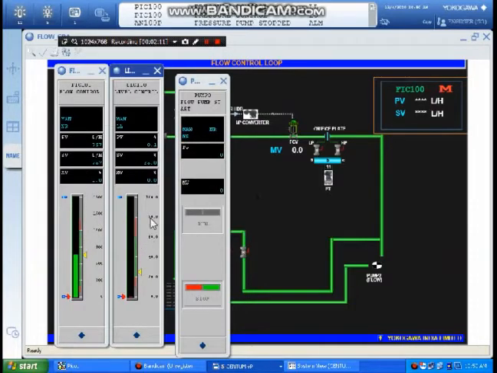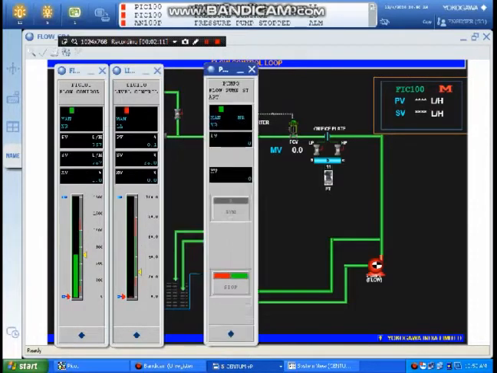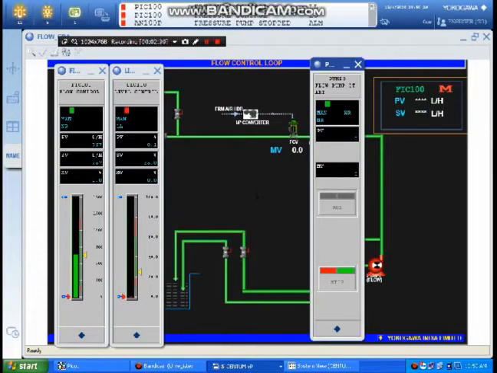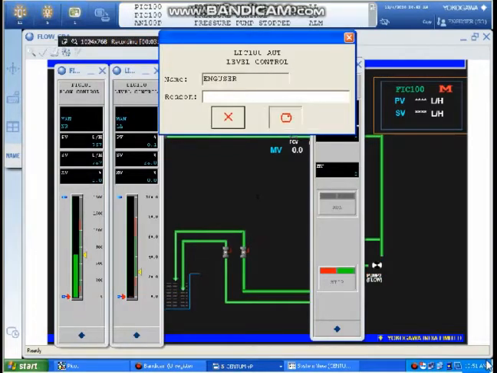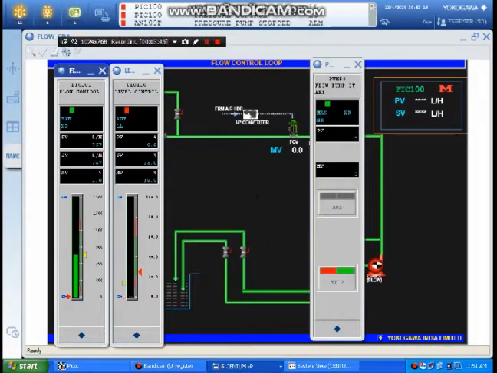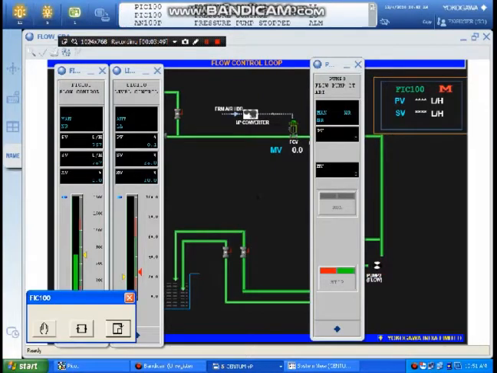The primary loop we will be putting in cascade mode, and we will be switching on the pump and getting the readings for the particular system. That is how we can run the cascade control system process. You can give the set points, you can change the mode, and you can do the experiment for the particular system, and we can see the readings in the real time process.